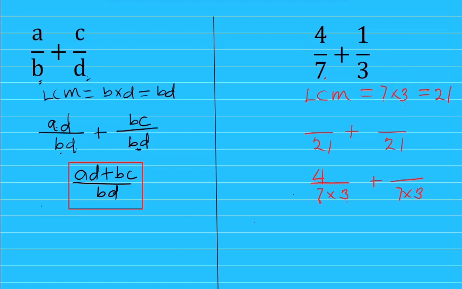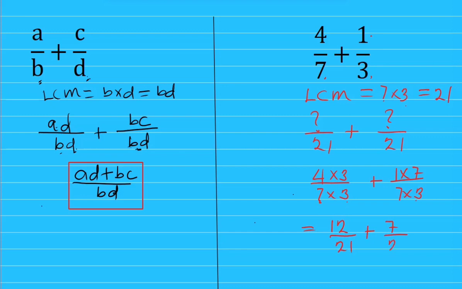So here is going to be 4 times 3. And then when you compare the LCM, which is 7 times 3, with this, it means here it's being multiplied by 7. So we multiply the 7 by the numerator here, 1. That one is going to be 1 times 7. All right, so our next action is to find 4 times 3, which will give us 12 out of 21 plus